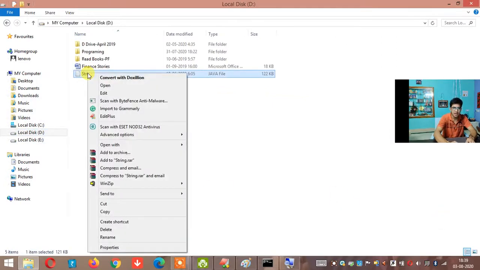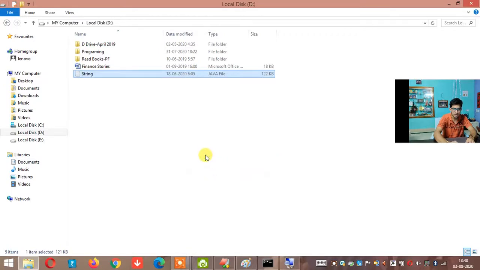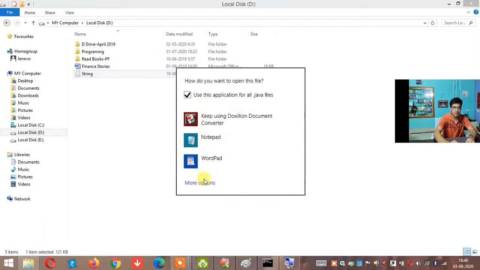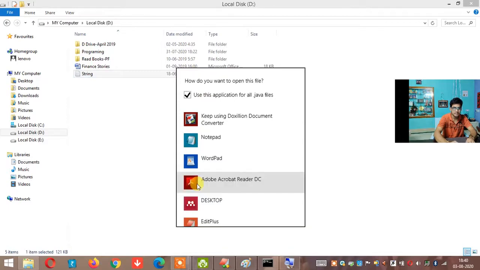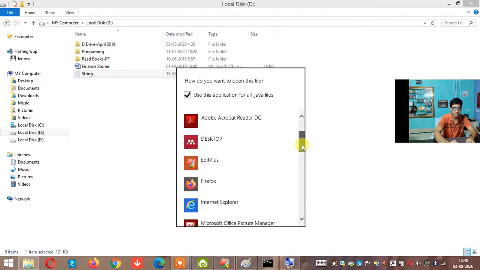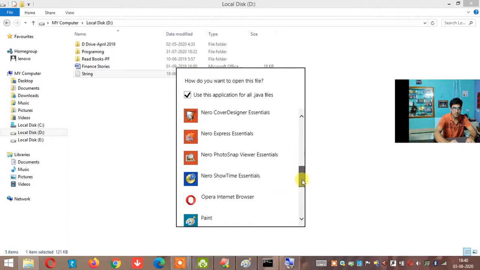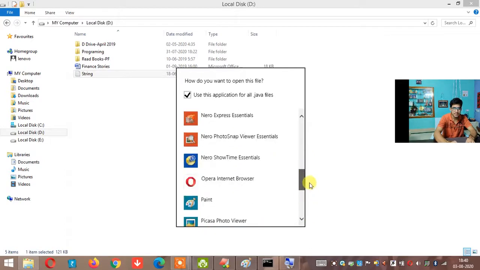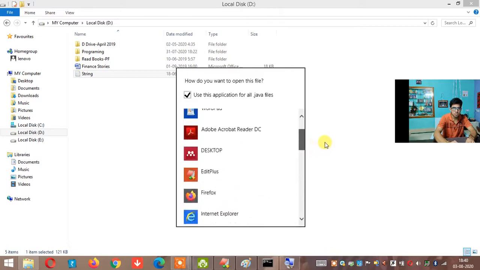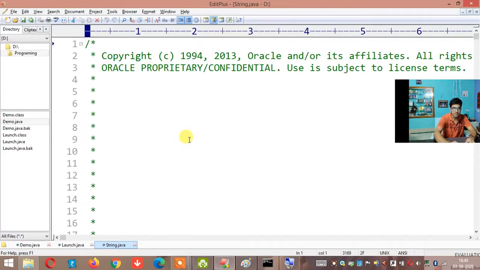Maybe I would like to open this with EditPlus. I'll choose more options, then EditPlus. Where is EditPlus here? Okay, there is EditPlus. Yes, it has opened in EditPlus.